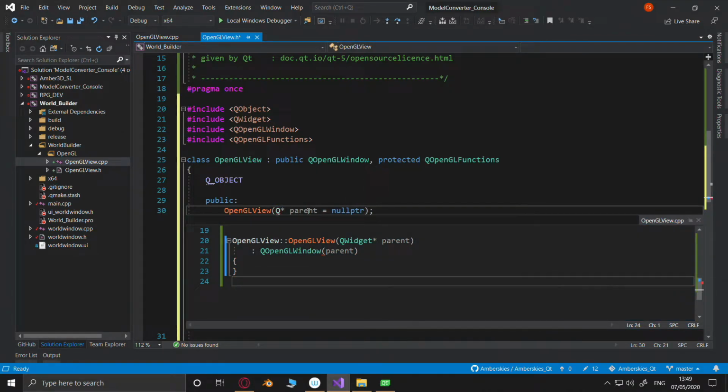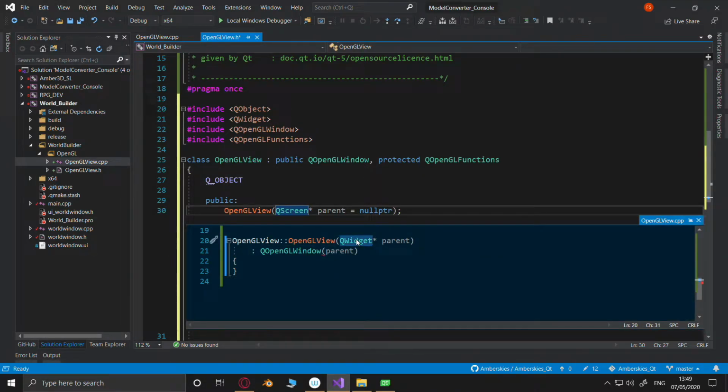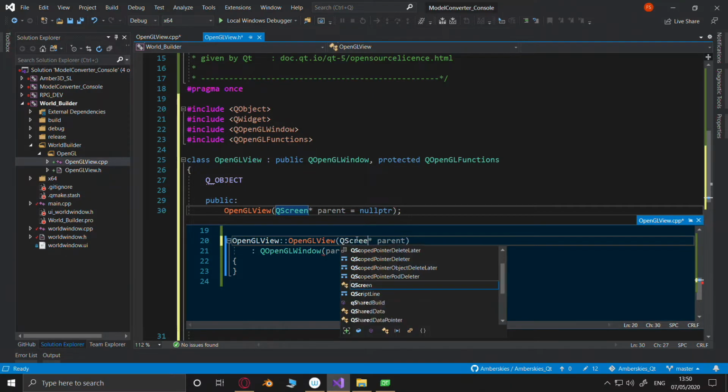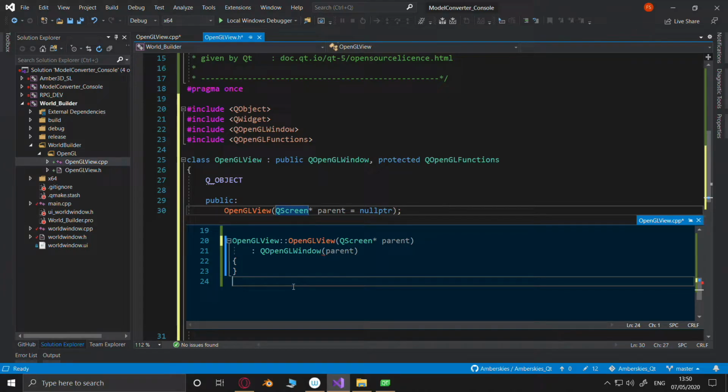In the old days, it used to be QScreen. That's how I remember it.